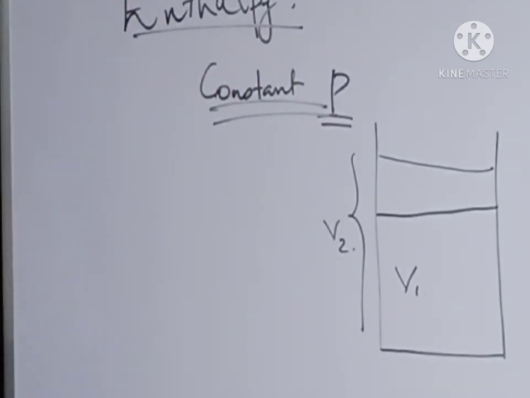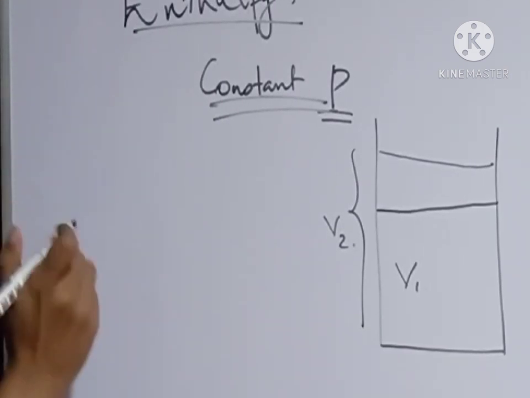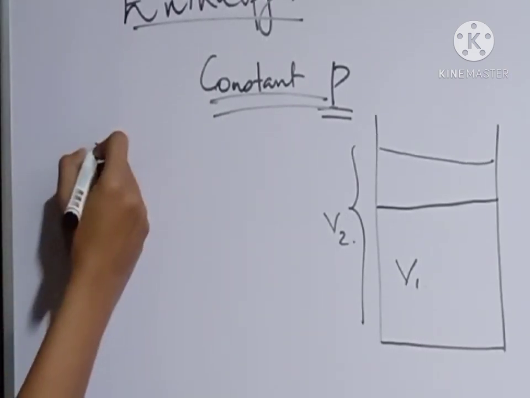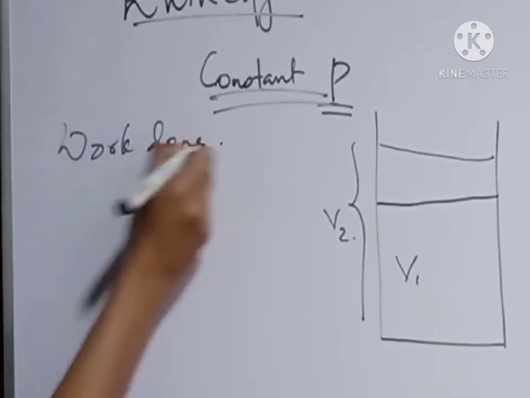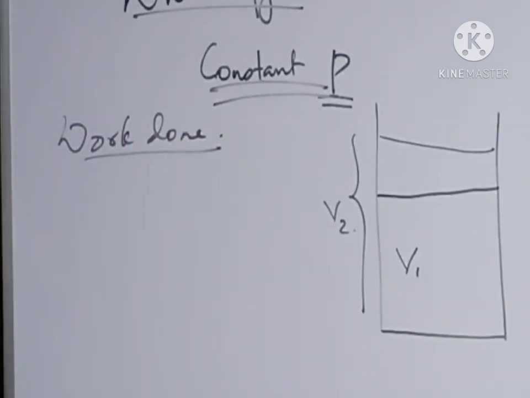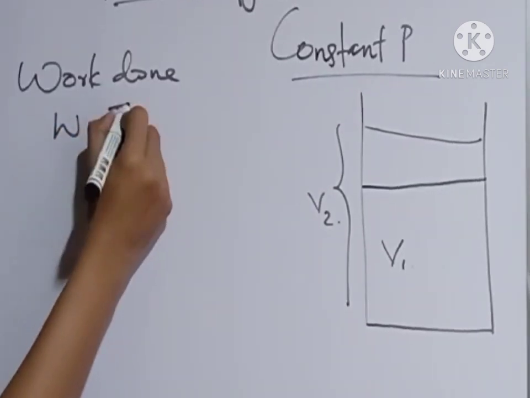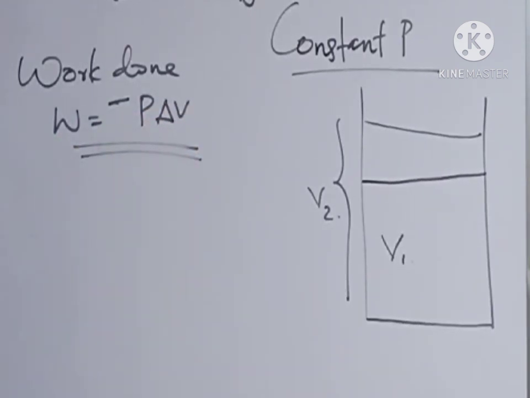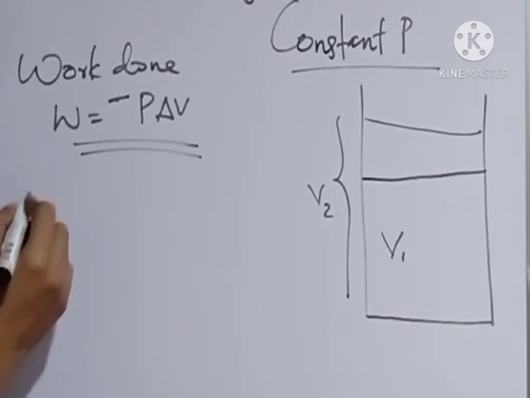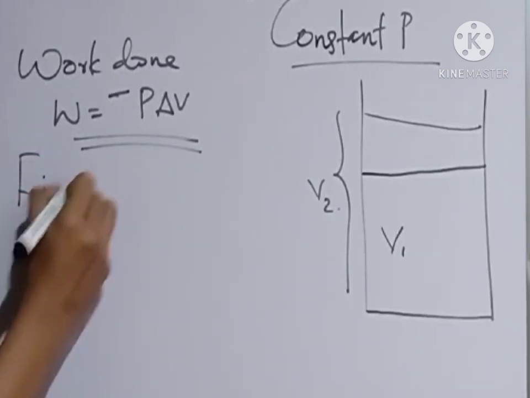That is, we are doing this process at constant pressure. So here the work done will be W equals minus P delta V. So according to the first law of thermodynamics,